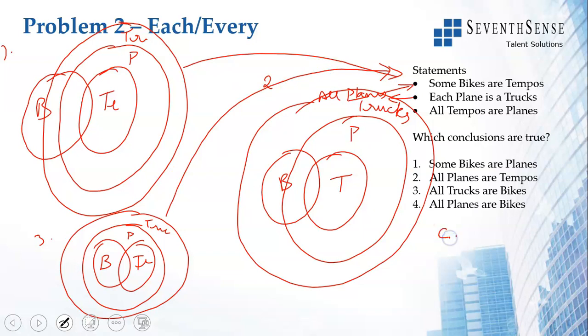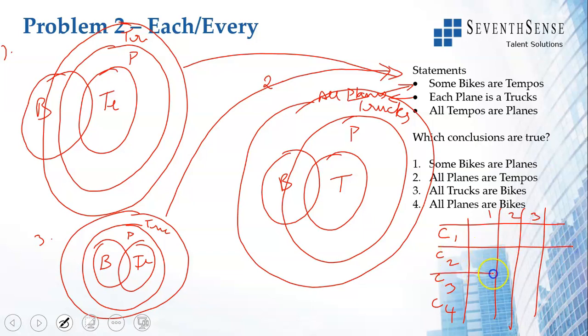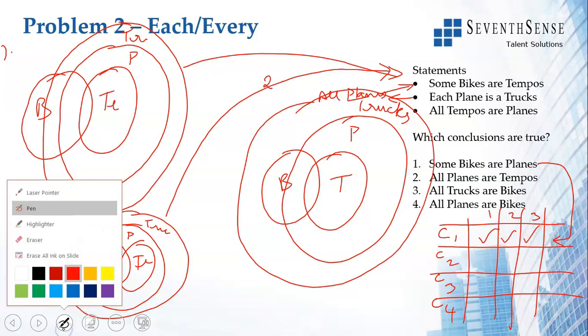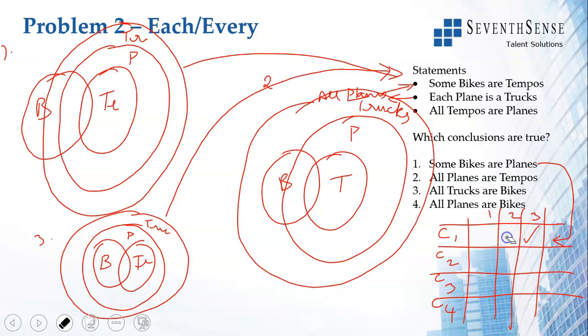So I have conclusions 1, 2, 3 and 4, and drawings 1, 2 and 3. Okay. Now when I draw it like this in multiple diagrams, if a conclusion has to be true, since it doesn't have the word possibility, we will come to the word possibility in the conclusion later. Every other conclusion has to be true in all the drawings. So if conclusion 1 has to be true, it should be true in all the 3 drawings. Remember that. Only then is that conclusion considered true.